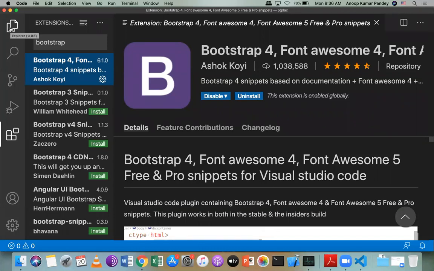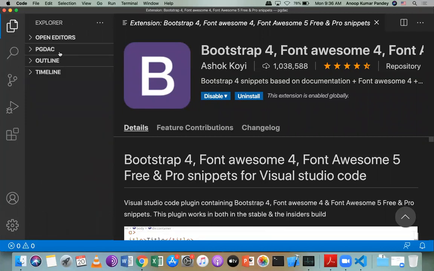Now this is not Bootstrap, this is just a helper. This is an extension for helping you write Bootstrap code. It is not Bootstrap directly. Now once it has been installed, you just click on install and it will be installed. Once it has been installed,